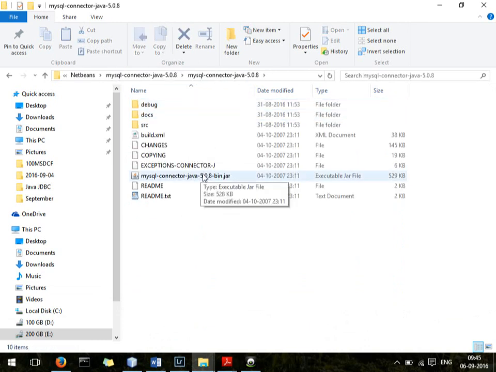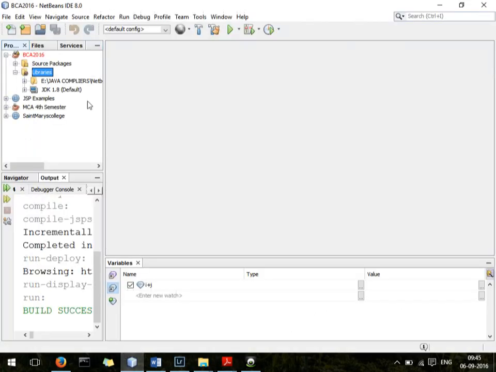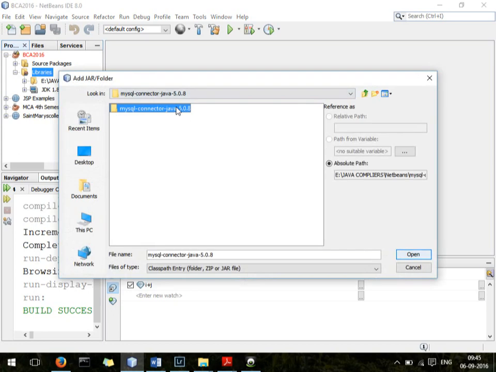This is the jar file. Okay, so I need this. So we'll do it again. Libraries, add jar file. It's acting funny. It's not going inside that folder. It's always going to rename.